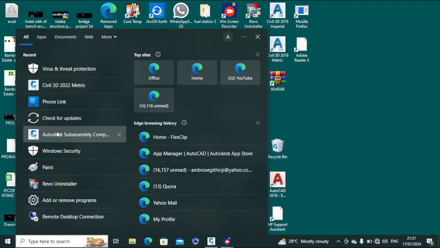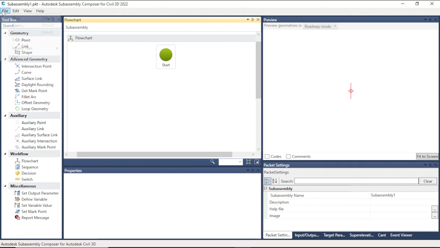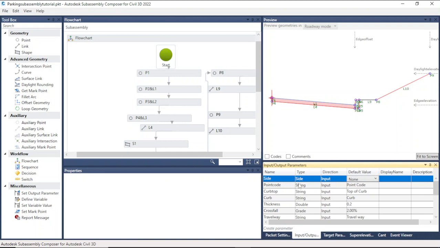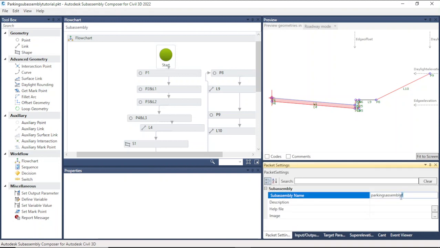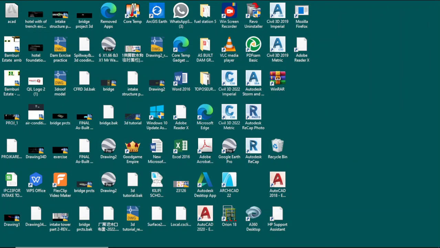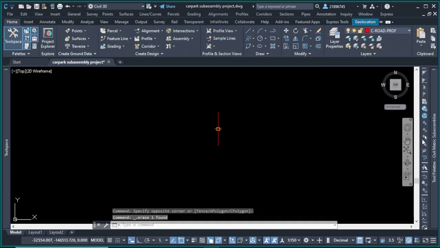We can just come to the Subassembly again and open here, and you can see the issue was here we did not indicate the side, so this one is supposed to be right, and now we are going to change and give it 2, so that we don't have to replace. So let us save and then just go back,